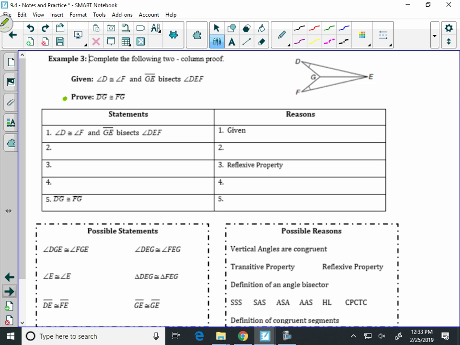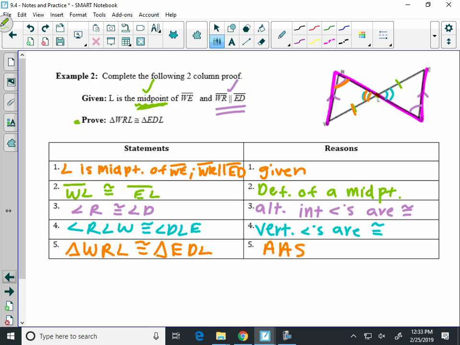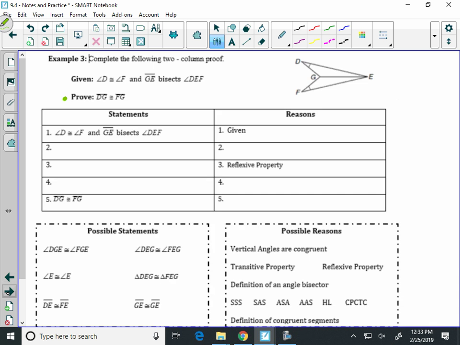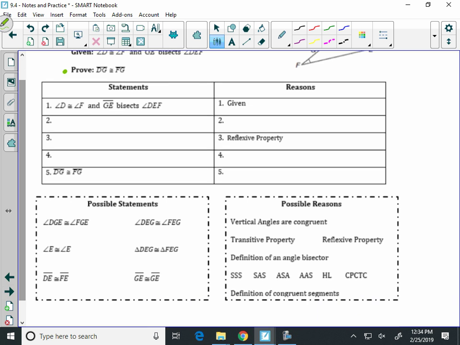Yeah, good. Instead of proving that triangles are the same, we're proving, and pay attention back there, looking at your phones and giggling, we're trying to prove that segments are congruent rather than triangles. We're proving parts. Okay? And whenever we try to prove that parts are congruent, this is another freebie. Your reason is automatically